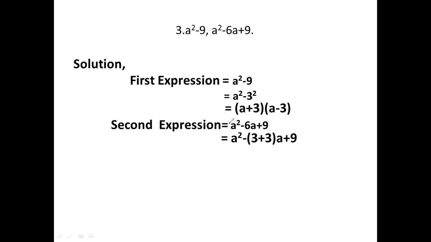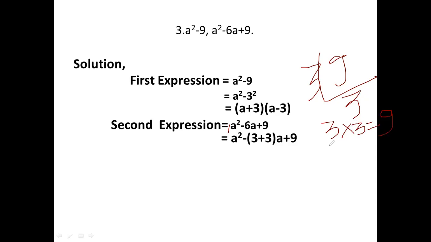First of all, what is its coefficient? 1. They must be in descending order: power 2, then power 1, and there is no power, which means power 0, A power 0. The constant is 9, and we have to factorize 9 like this: 3 and 3. The product is 3 into 3, which is 9, and the sum 3 plus 3 is 6. That's why in place of 6 we can write 3 plus 3. We are breaking this middle term.